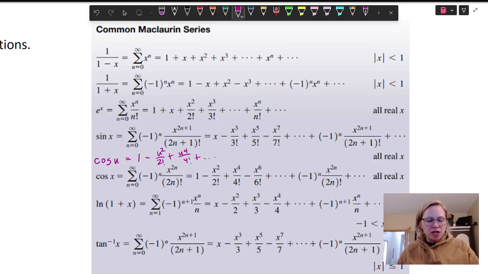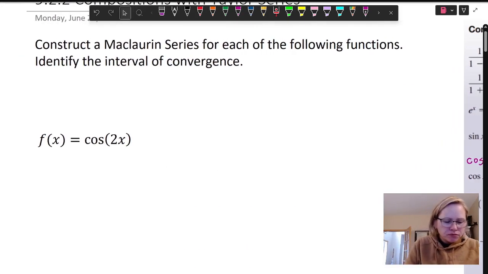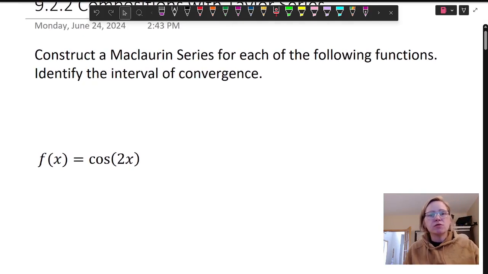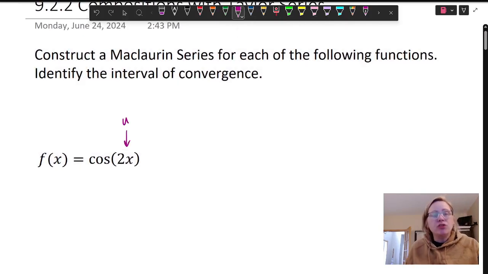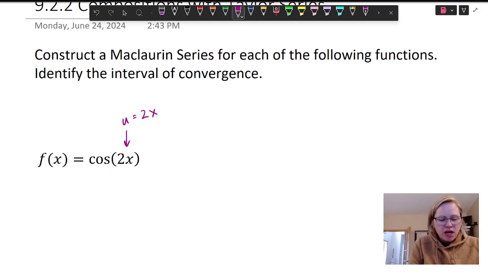So we'll have those alternating terms, but I want you to think of the x's in these Taylor and Maclaurin series as u's. And if we think of them as a u, like we do with our substitution, when we go over and look at what it is we're trying to do, this right here is going to be our u value. And so when we go to construct our series, we simply need to take cosine of u